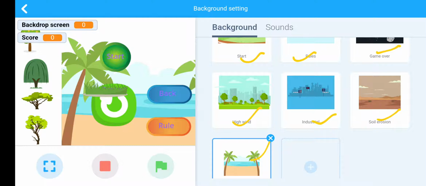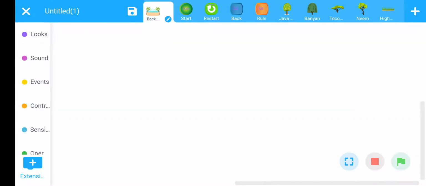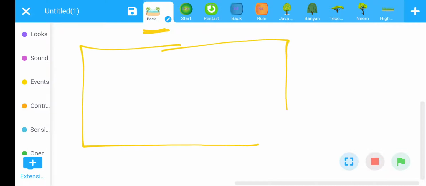Okay, total is 7 backgrounds. To start coding, click this arrow, the backdrops area is open, and start coding here.